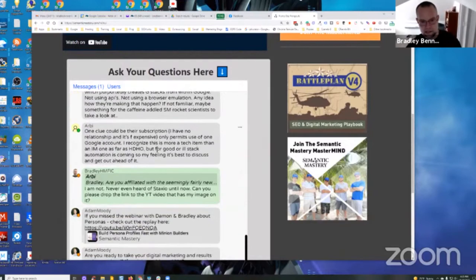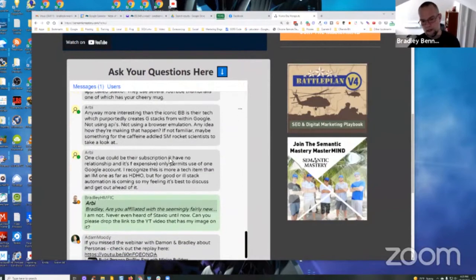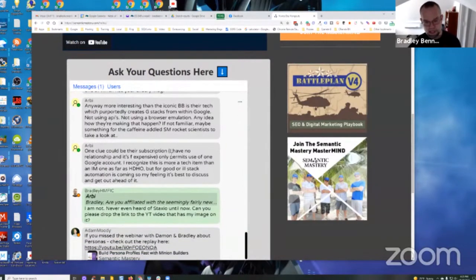I don't know how they're doing it. I know Marco tried for over a couple of years to automate building Drive stacks, because we build so many of them, or our builders did, and every time we tried to automate that stuff, they would get terminated, or they just wouldn't be as effective as when we manually built them, which is why we manually build them, right? Or why we used to manually build them. But now the Heavy Hitter Club store is Marco and Rob's. Semantic Mastery is not part of that anymore, although I still buy and use the services.